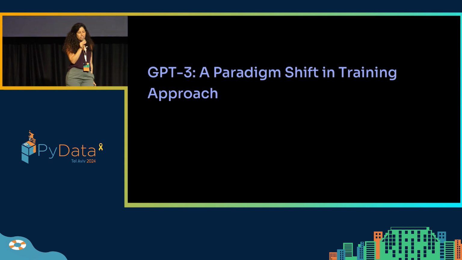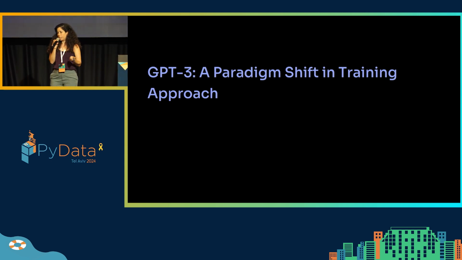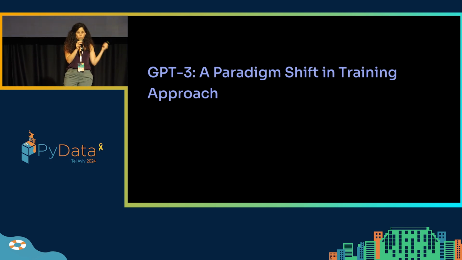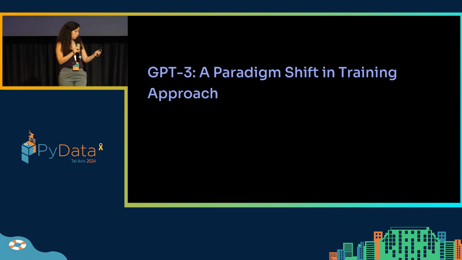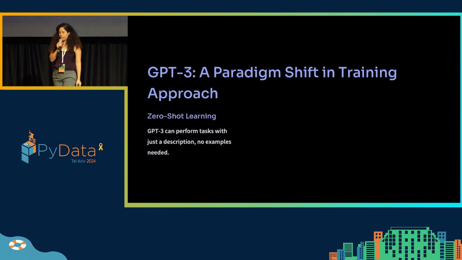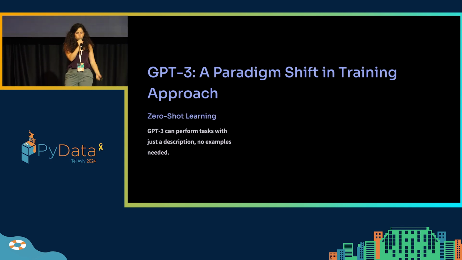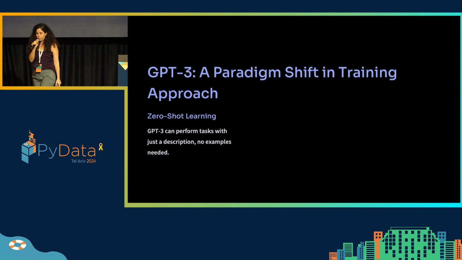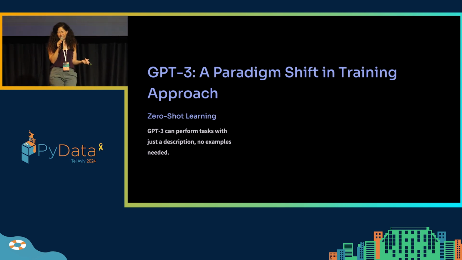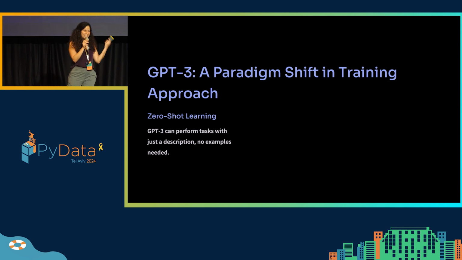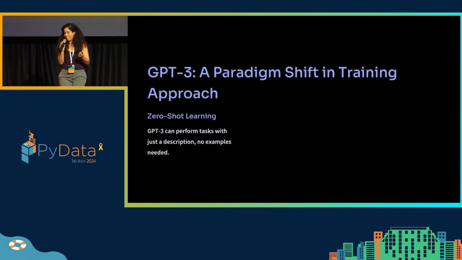In addition, GPT-3 introduced a new paradigm: how can we train a model? No more only pre-training and fine-tuning. Three new concepts were introduced. The first one is zero shot, one shot, and few shot. Zero shot is just asking the model to perform a task from an instruction. For example, if I ask the model, please translate English to French, cheese, the model will output correctly: fromage. All of that without any example.